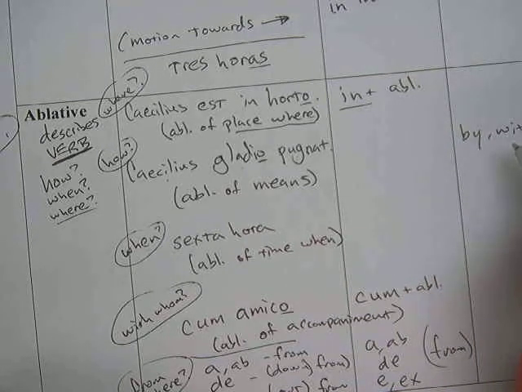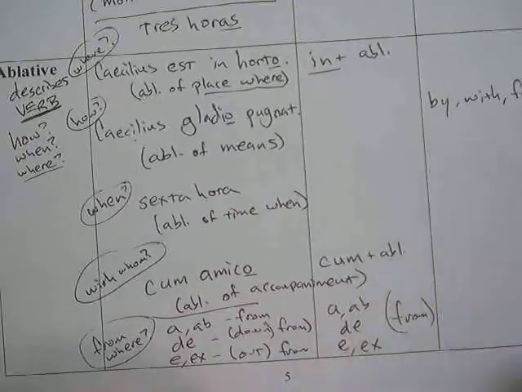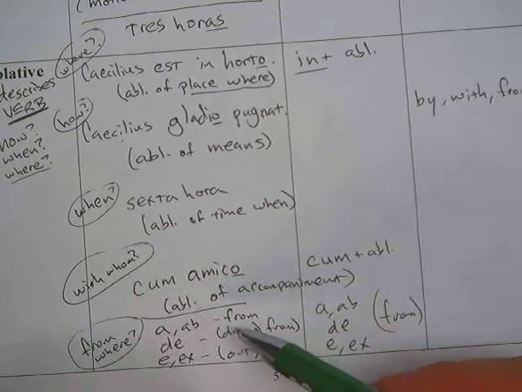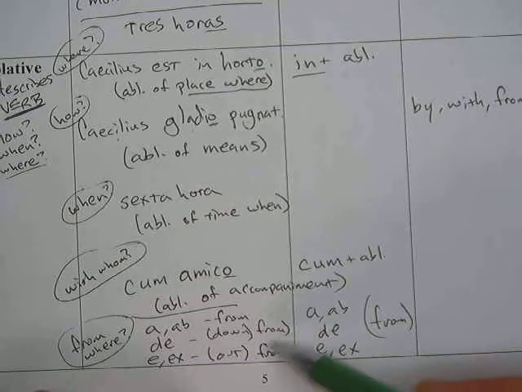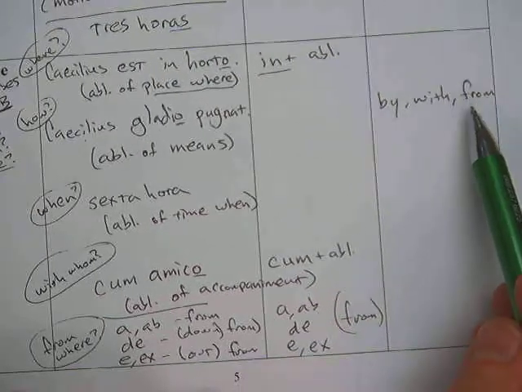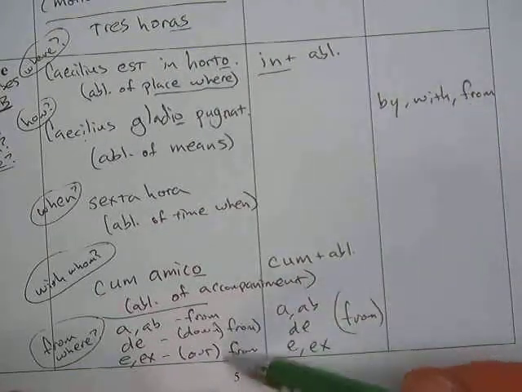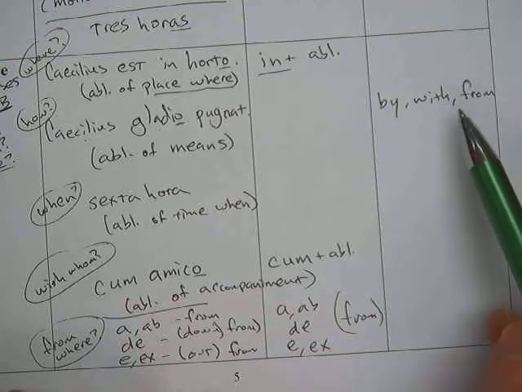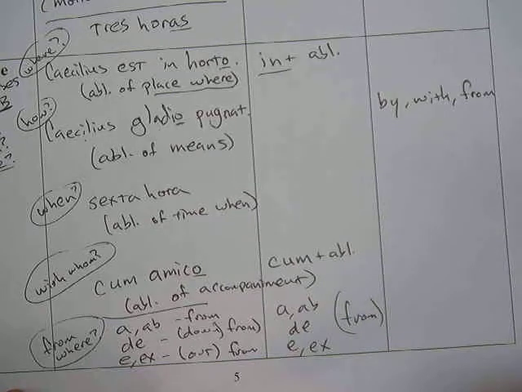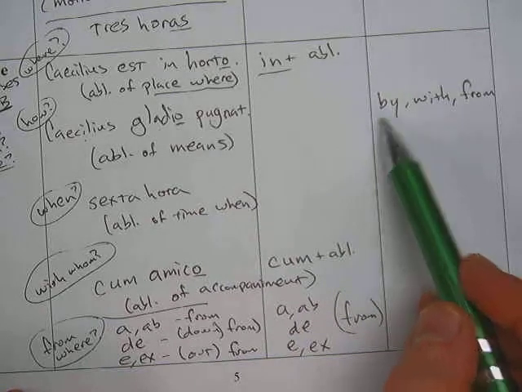And in this case I'm saying with a sword, but I can use by and from also, because sometimes, especially some authors, they like to use the ablative very elegantly and kind of poetically almost, or it's just normal in Latin to do this. And sometimes they can just leave off the regular prepositions, especially in poetry, and you just have to put the sense of it in your mind, that you're leaving from a place or something like that. So from has any of these prepositions, but you can also use the ablative without a preposition, and you just put from with it, okay? That's pretty common to do.